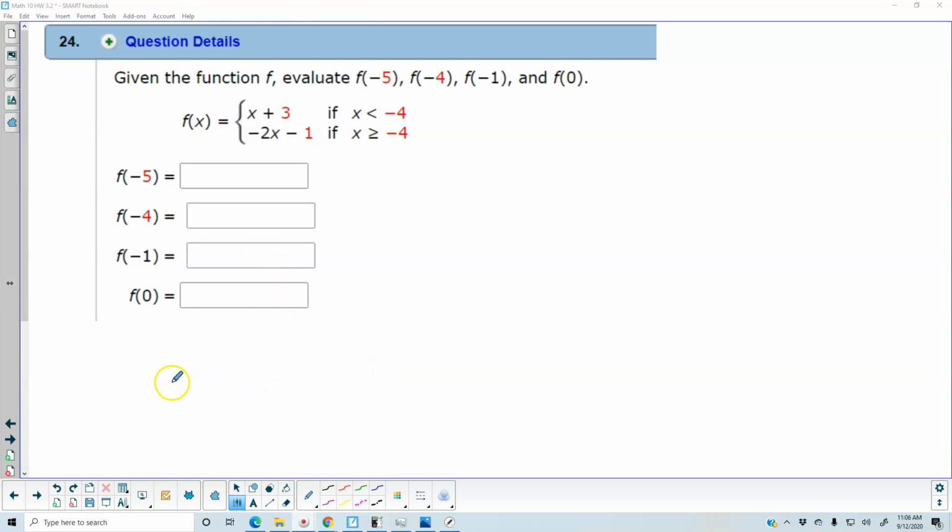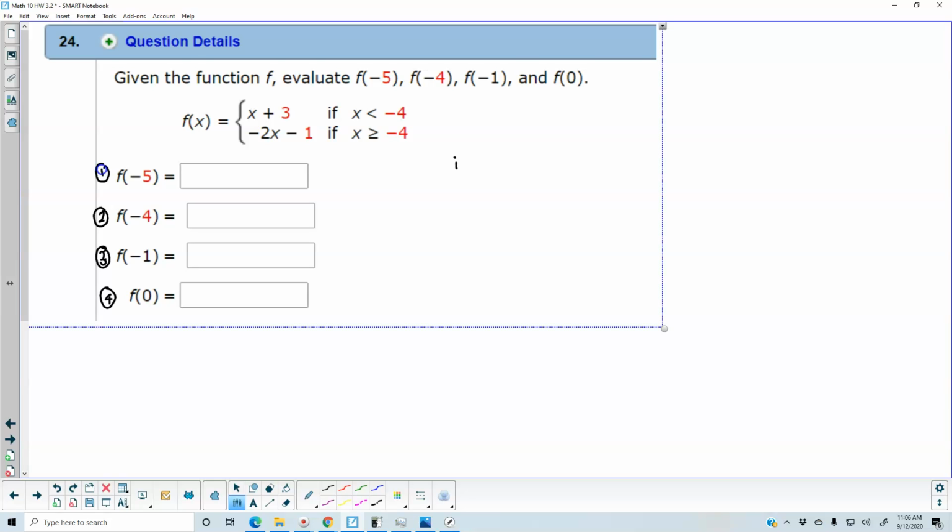Question number 24. Given the function f, evaluate f of -5, f of -4, f of -1, and f of 0. So this is the piecewise function. And so we're going to look at each individual input. Okay, so for the first one, we want to find f of -5. And that is when the input x is equal to -5. Okay, so we need to look at whether we need to choose this function or this function according to our